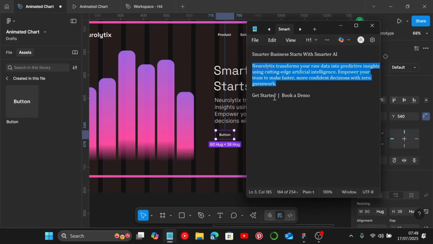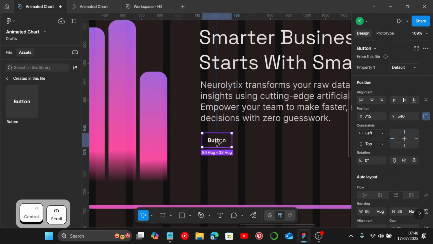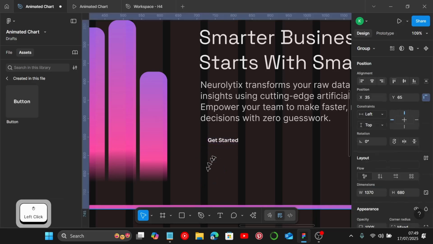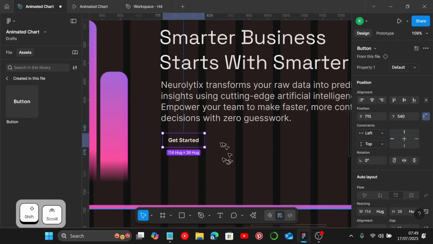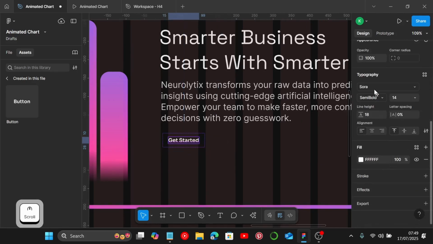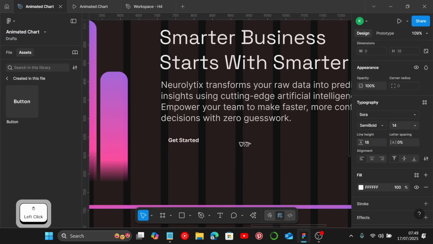This is going to be get started, and I'm going to paste that here. For the next button, we are going to create an auto layout. So first, let's check the text. We're still going to use Sora semi-bold size 14, just like we did for the button. So I'm just going to click on text and write, and it's already set to that for me. You can change it as you want, and I'll just write book a demo